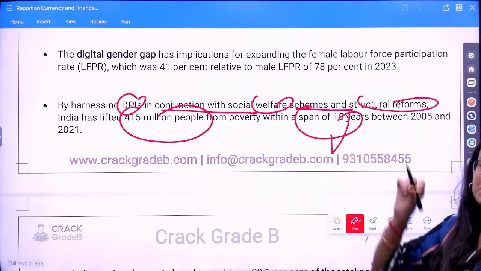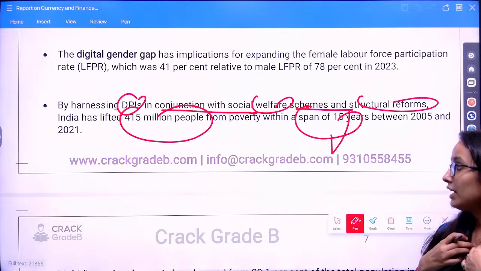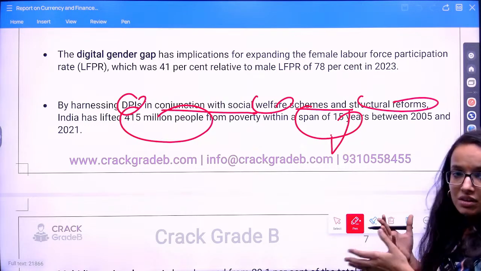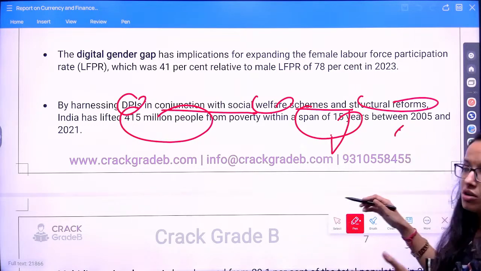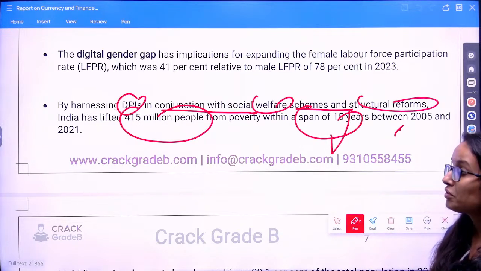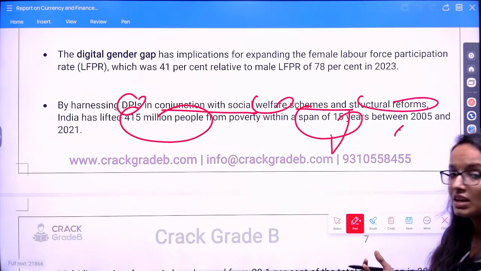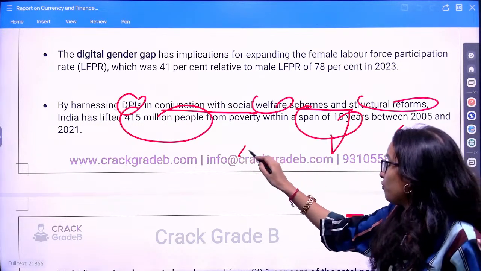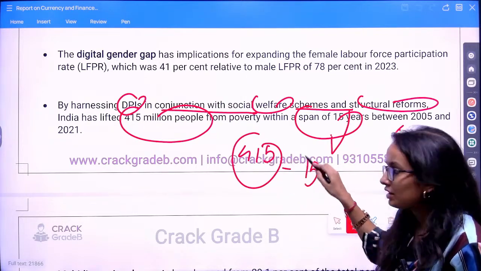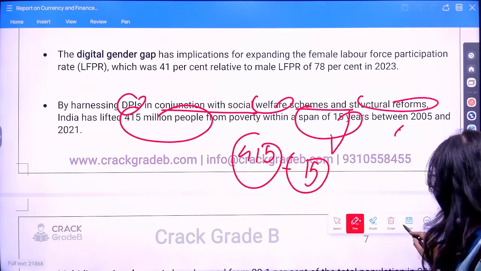Technology has enabled us to lift almost 415 million people from poverty between 2005 and 2021, right? It is easy to remember: 415 million people lifted from poverty in 15 years. Next,